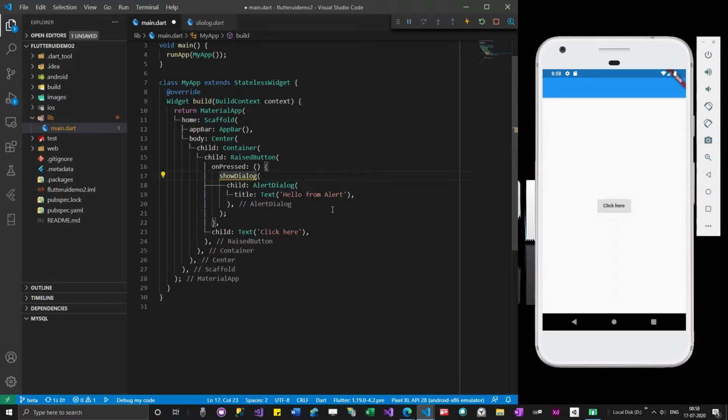Okay, and then let's see, it requires a context. Context is null. So context takes a BuildContext. Okay, so BuildContext I can give like this.